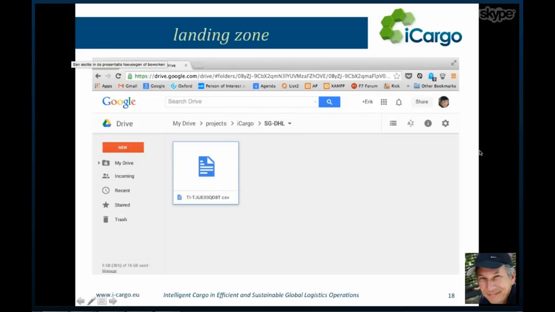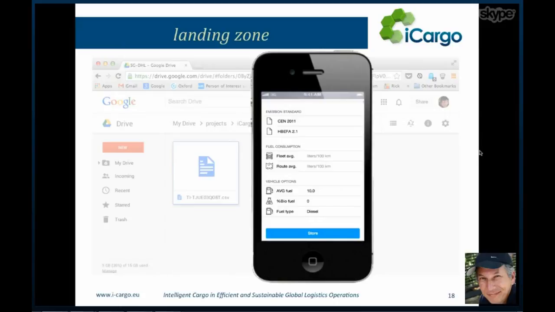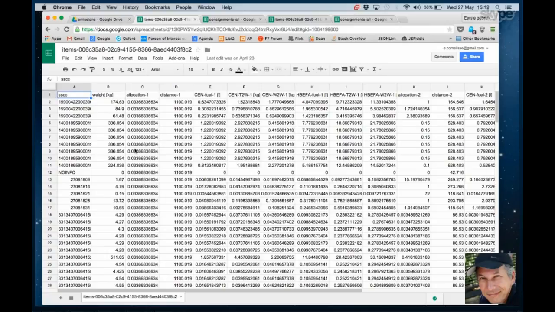I explained that the information will be stored in Google Drive, but it's also available via a web application. And I would like to explain a little bit more about using mobile devices or tablets as part of the iCargo infrastructure. So this was basically the demonstration, very short and simple demonstration about the